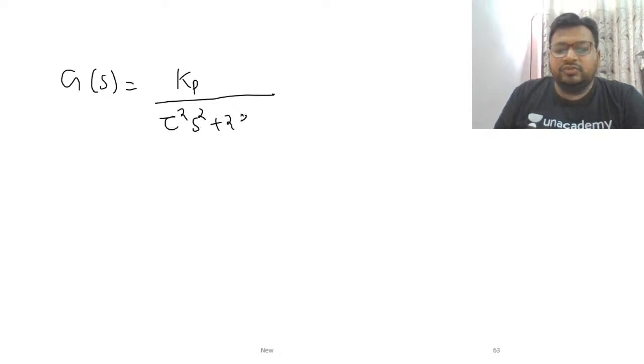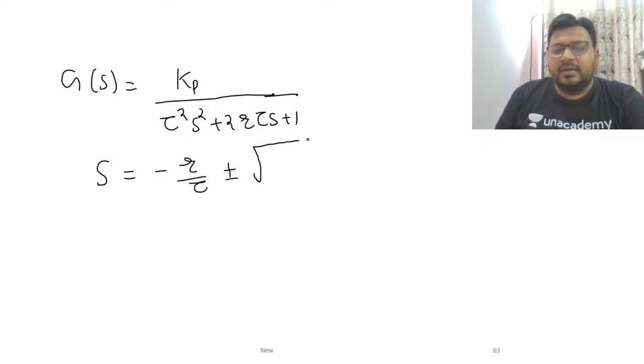So I can assume that this is a second order system, and for the second order system the complex conjugate poles are given. First of all you should know that for the second order system the transfer function is Kp divided by tau square s square plus 2 zeta tau s plus 1. If you put this denominator equal to 0, then the value of s that you get is minus zeta by tau plus minus under root of,